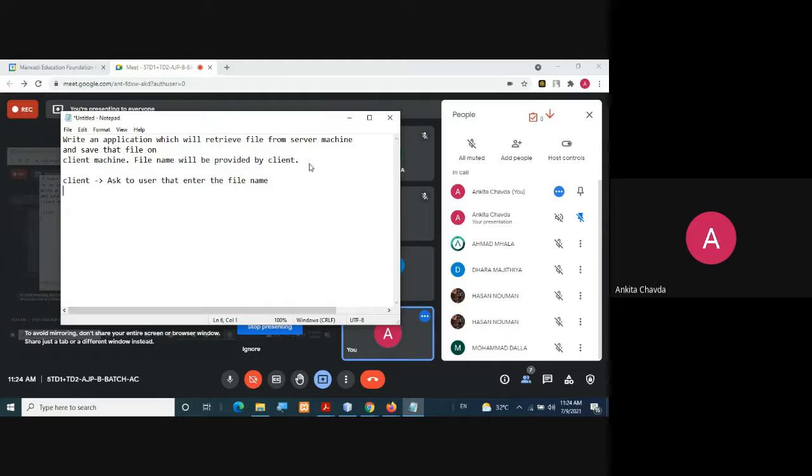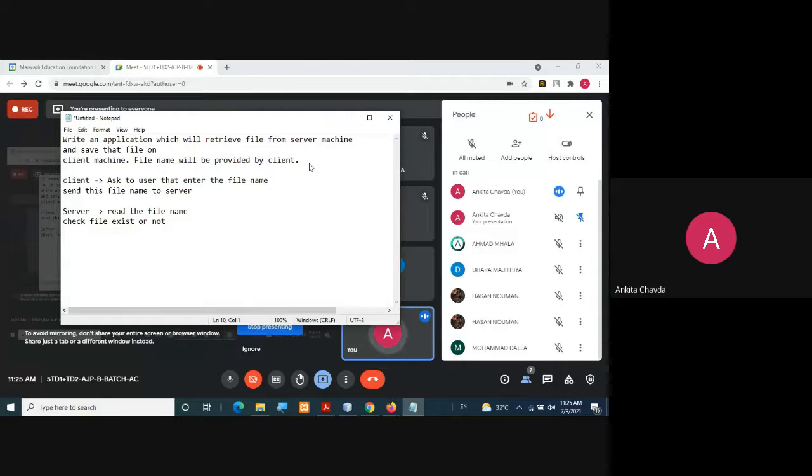Then we will send this file name to the server. Now the server will do what? The server will read whatever the client has sent, so it will read the file name. Then it will check whether this file exists or not.